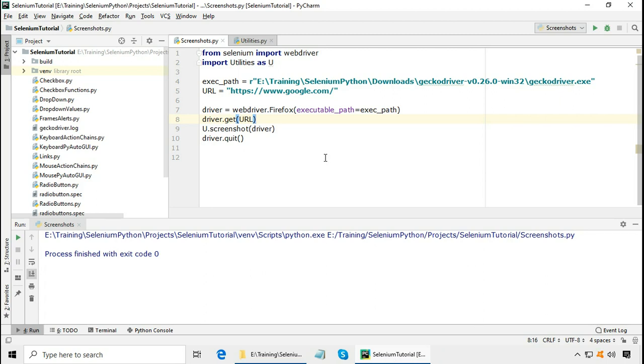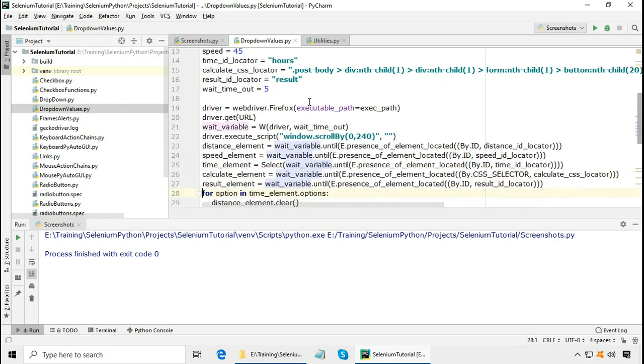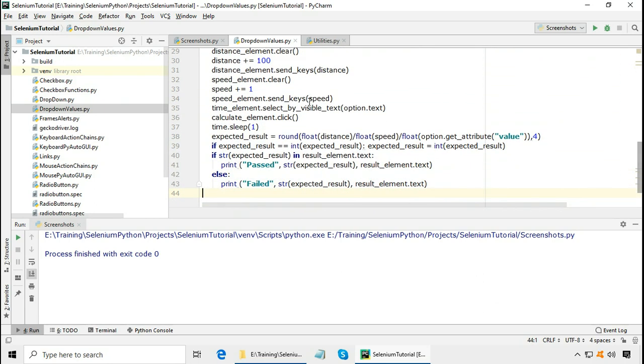Now in my previous tutorial we saw how to test the drop down with multiple values. So let us call this screenshot function here to take the screenshots automatically.